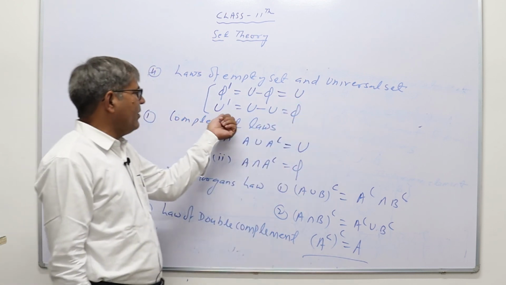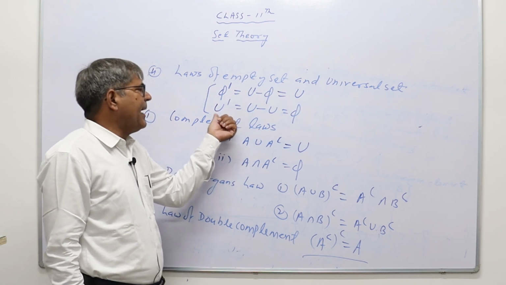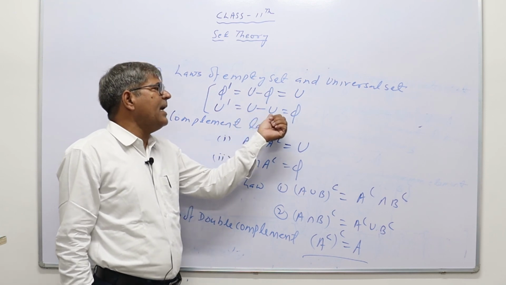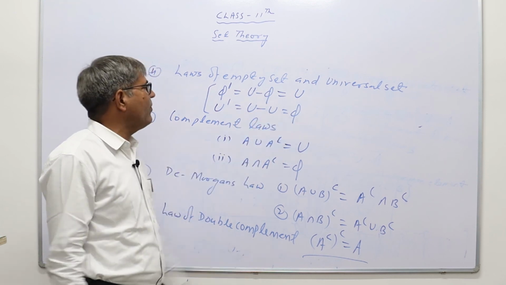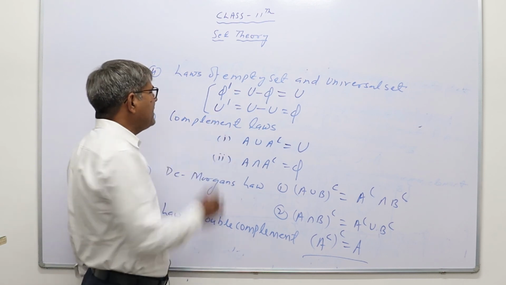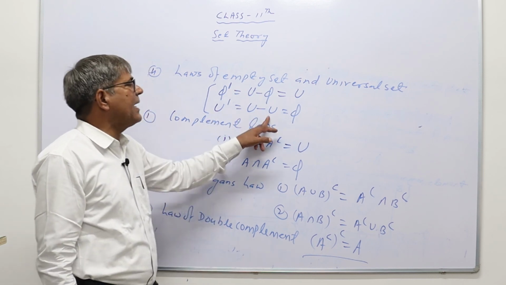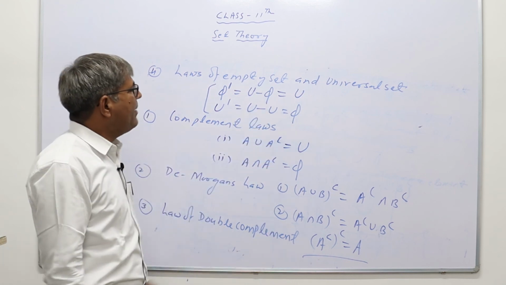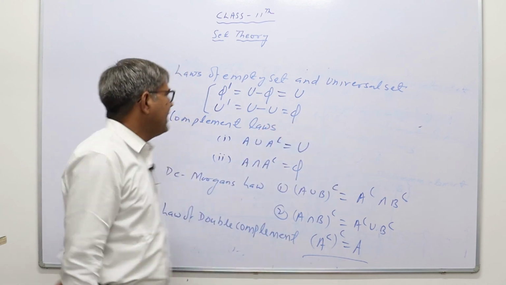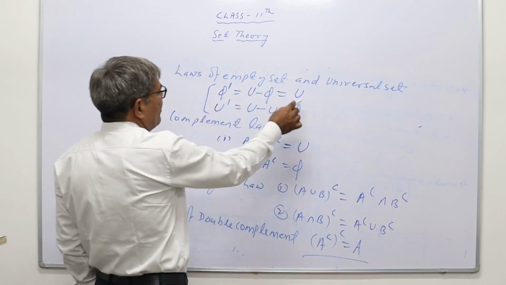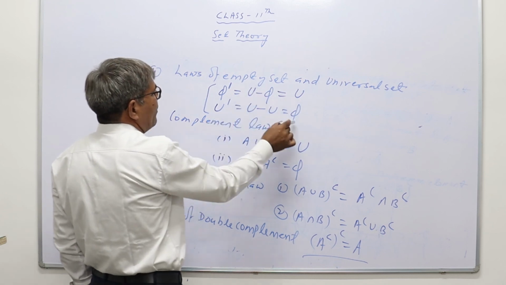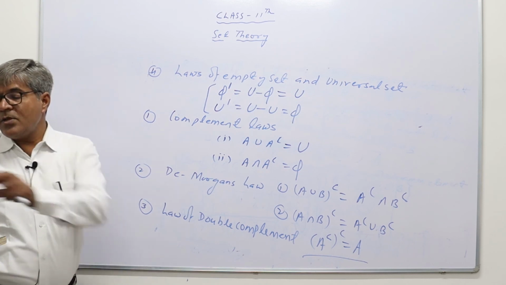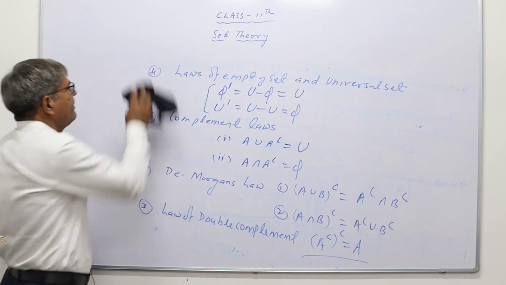And if I have to find the complement of universal, by the definition what will be the complement of universal? Universal minus the set whose complement we have to find. So I have to find the complement of U itself, means subtract U from U. If from a given set I subtract the same set, what will remain? Nothing, that is phi. Therefore the complement of phi is always U and the complement of U is always phi. So these are very important properties on the basis of complement of sets.